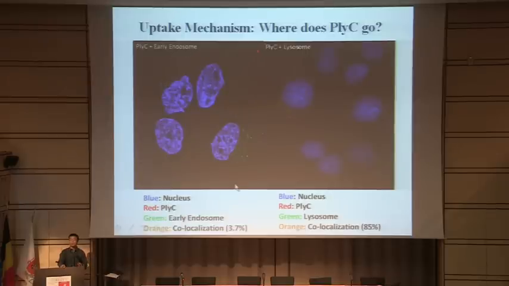So here you see there's not a lot of co-localization, only 3%. But when you look at the lysosome, again showing the lysosome stain as green, and the red dots represent our PlyC, the endolysin, you see a majority of PlyC predominantly co-localized with the early lysosome, which indicates that they're utilizing a lysosome-dependent compartment